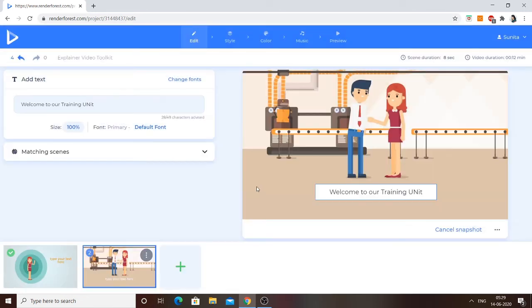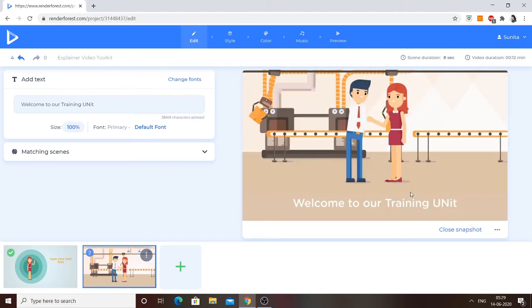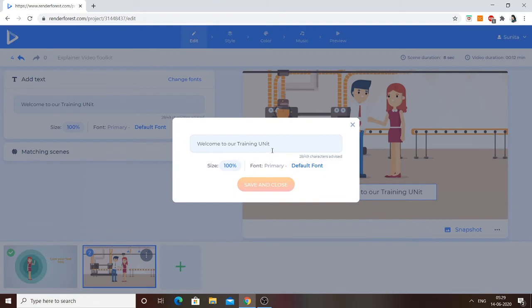Clicking on save and close. You can also change it if you think you have typed it wrongly, so you can click on it and you can edit it again. Save and close.